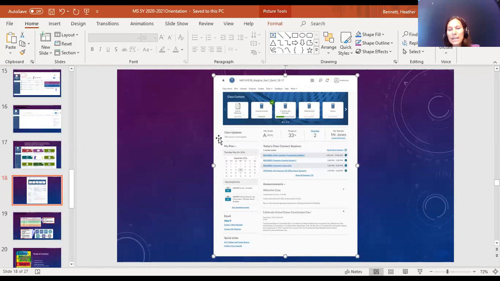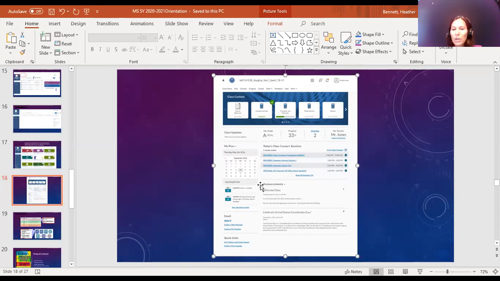You can see updates and your grade, your progress towards the end of the year, and then if you have any overdue assignments and who your teacher is. But also on this page is your Class Connect schedule for the day. So maybe you're working in math class and you're busy, busy, busy. You can just check down here and see, oh, I know that I've got something coming up. And you can go to that class straight from that class page.